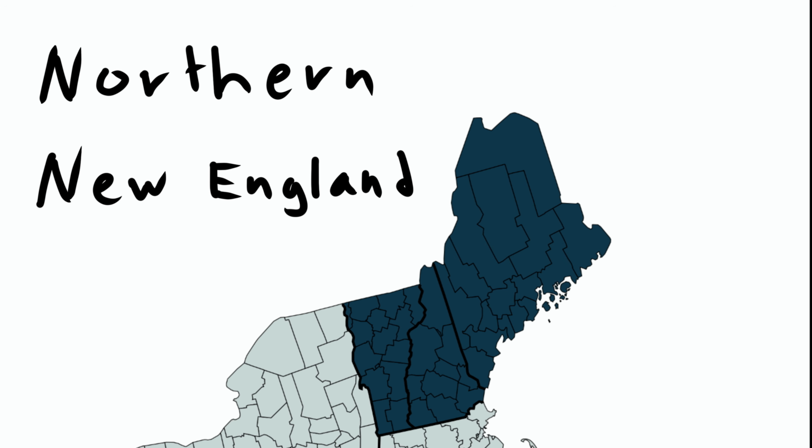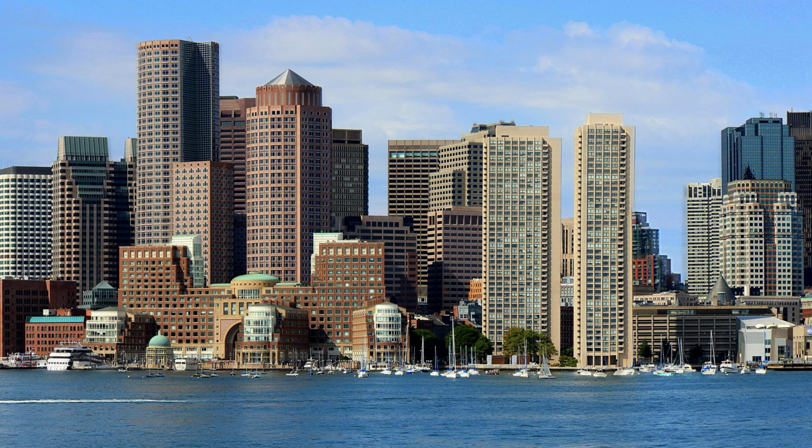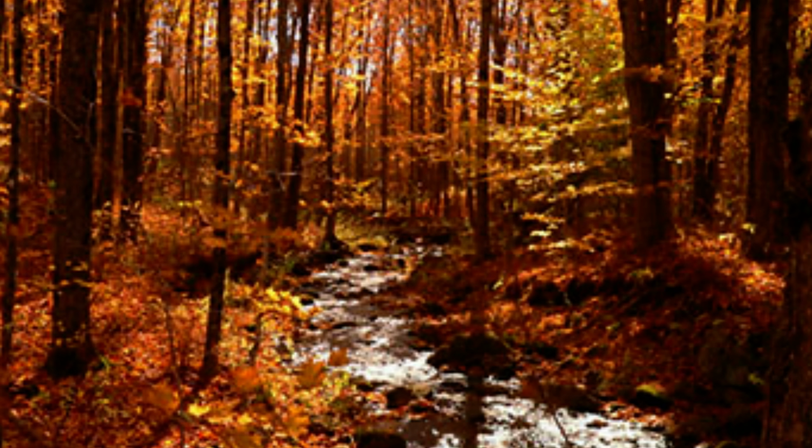The subregion of northern New England is one of the 2 halves of a larger subregion of New England. Even though New England is a classic subregion of the US that even has its own flag, there are really 2 distinct parts. Southern New England is a dense subregion based around the Boston urban area, but the north is a sparsely populated region dominated by the rocky coastline and famous inland forests.